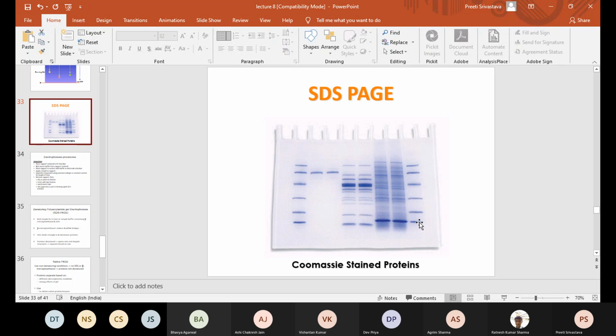Bromophenol blue, when it is used, is not in any way binding to the protein. It just moves ahead, and once it reaches the bottom of the gel, you know that this is the time to switch off the current, and then you can stain the gel with Coomassie. Coomassie will bind to the protein. Bromophenol blue will not bind to the protein. That's the main difference. So loading dye is used for tracking the electrophoresis front.